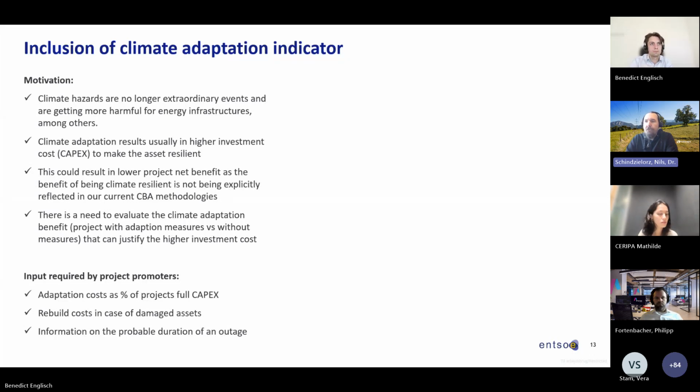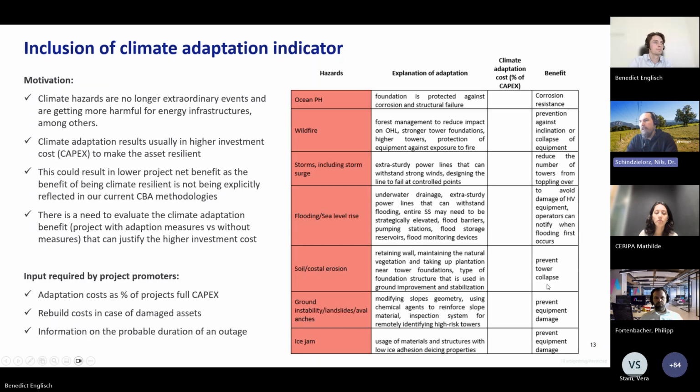Then we need possible rebuild costs, because in this indicator we take the assumption that if we don't make it capable for the climate that is coming up, and the hazards that are probably supposed to come up, we need to rebuild costs for a damaged asset. And finally, we are asking the project promoters also for the duration of a probable outage caused by such kind of climate events. And if you can push the next button, there's a table that we are sending to the